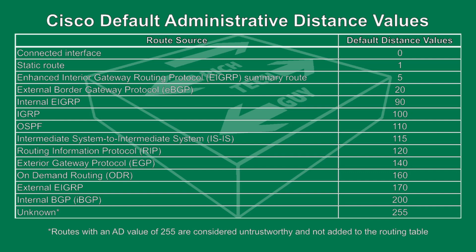The important thing to know about administrative distance values is that the route with the lowest AD value wins and gets placed into the routing table. So, for example, if EIGRP and OSPF both present routes to the router for a particular network, the Cisco router is going to pick the EIGRP route and put that route in the